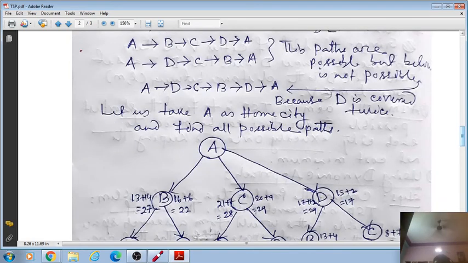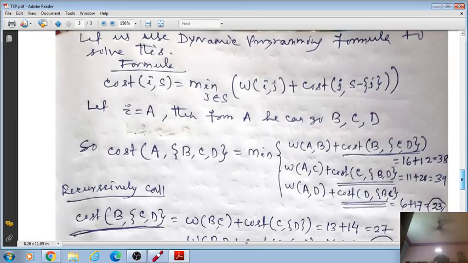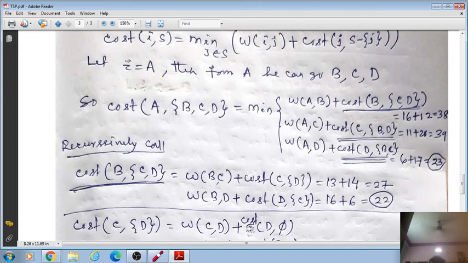Because it is a weighted matrix graph, you can take that. That's why it is taken as 13. Then you see cost of what? Again you have to find cost of CD. Just imagine, this cost of CD again is a recursive procedure. You see from here I am calling again. To get this value I have to go to this value, cost of C and D. Again I am writing it, that is why this makes a recursive procedure.